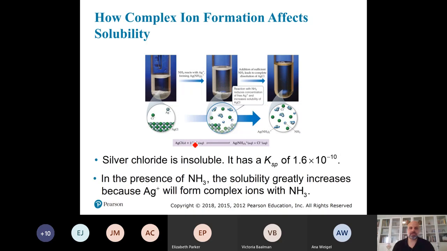Right? So we're looking down below here, and this is an overall interesting reaction because silver chloride, if you recall back when we were talking about silver chloride last semester, we learned that silver chloride wasn't soluble. But if we add ammonia to the solution,